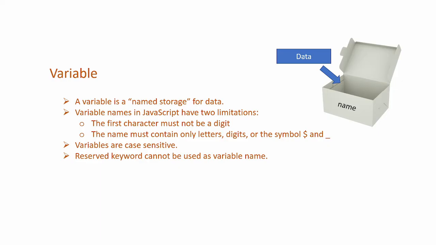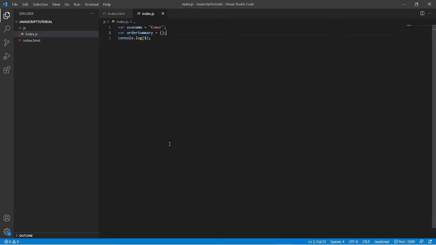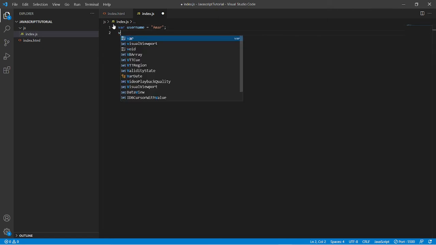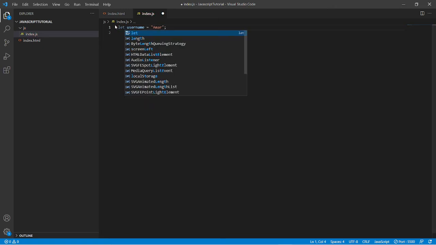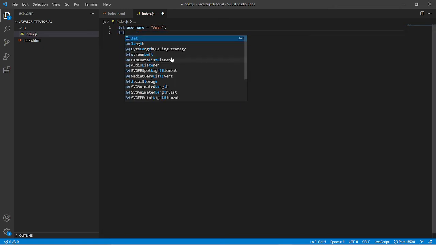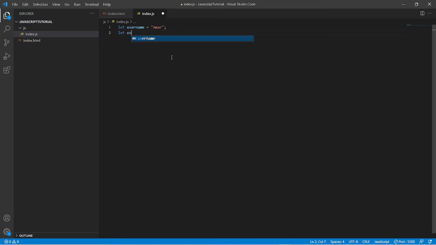Back to the slide. We have variables are case sensitive. So suppose we define var username equals to Amar, and, let me not use var, let me use let only. Now let userName equals to Kumar.